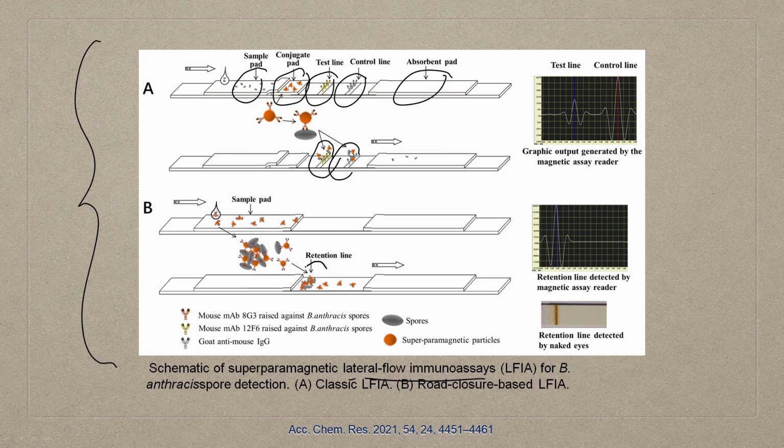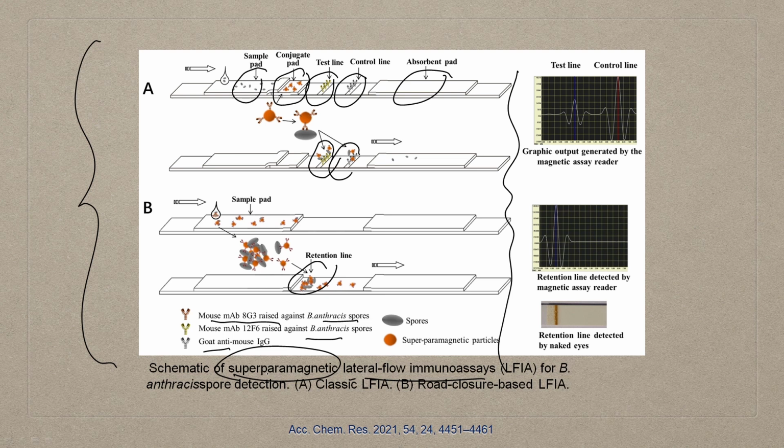So, this is where the retention line is, with a monoclonal antibody raised against Bacillus anthracis. So, this is being used for Bacillus anthracis spores, and this is how you generate the signal using some kind of magnetic reader. That is why it is called the superparamagnetic lateral assay, because the binding leads to a change in